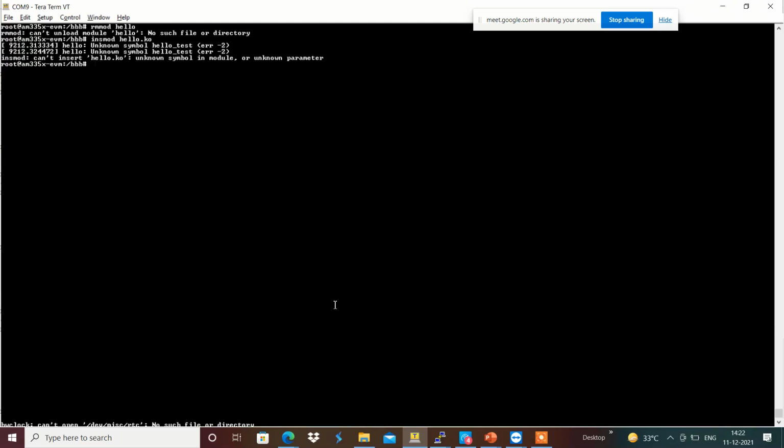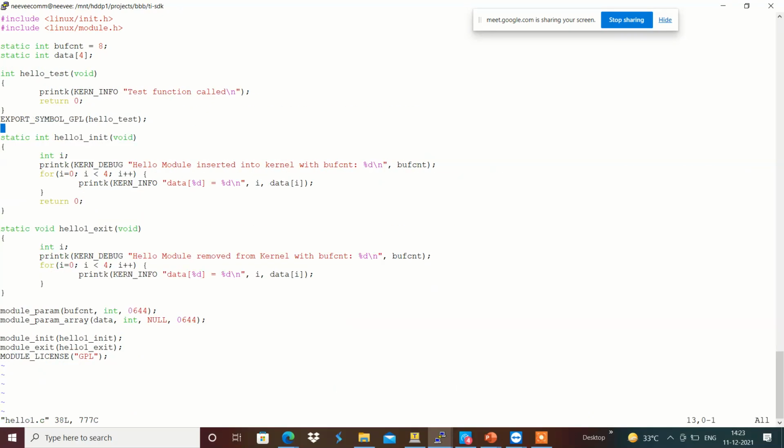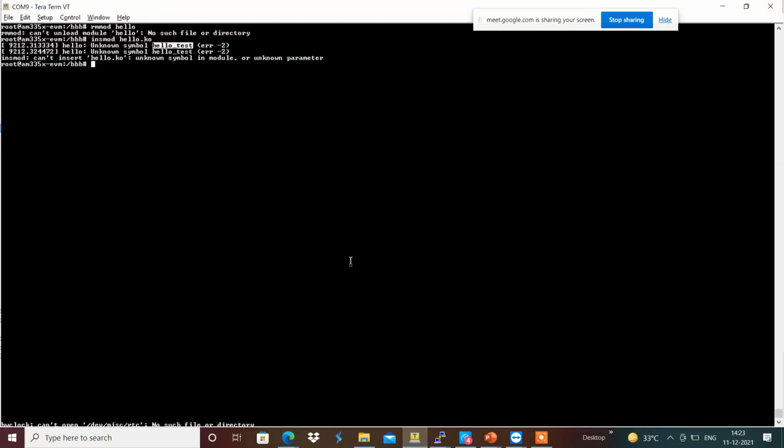Maybe rmmod first. I am going to insmod hello.ko now, and it provides an error, which is an unknown symbol hello_test, which is present in hello1.c. The hello1 module contains the hello_test function, which means I am going to insmod hello1.ko first.